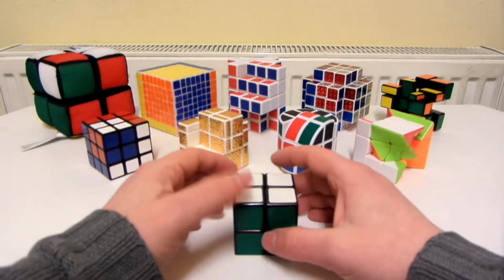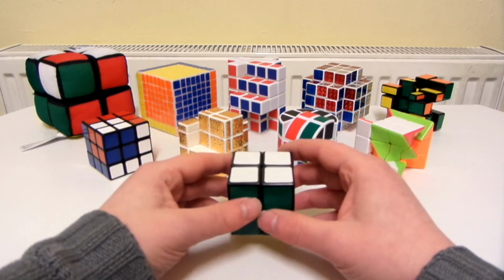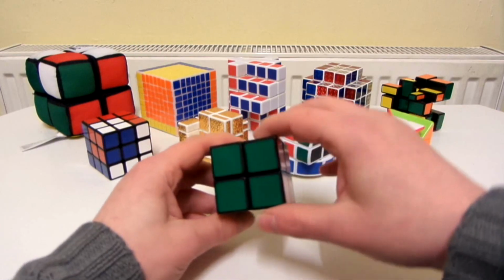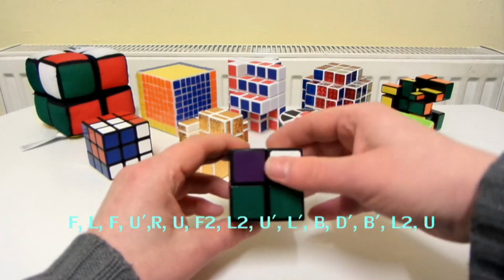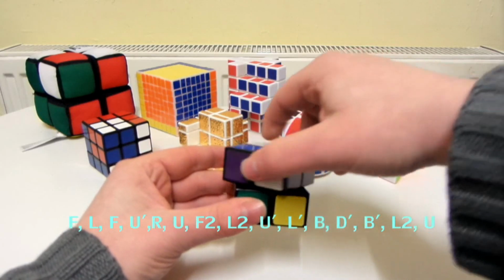So in this video I'm going to teach you how to make a cube in a cube pattern. Now you can do this on the 2x2 and any of the other higher ordered n by n's, and you can also do it on some shape mods as well. So the algorithm is F, L, F, U prime, R, U,